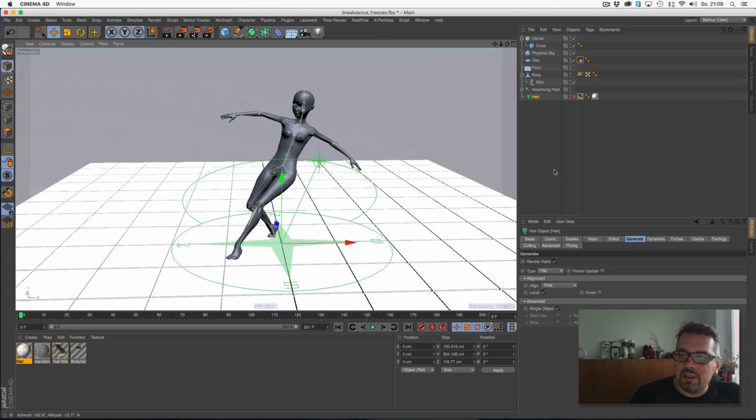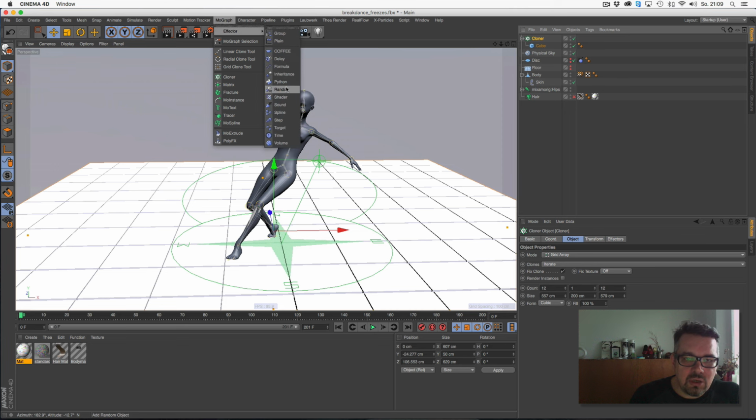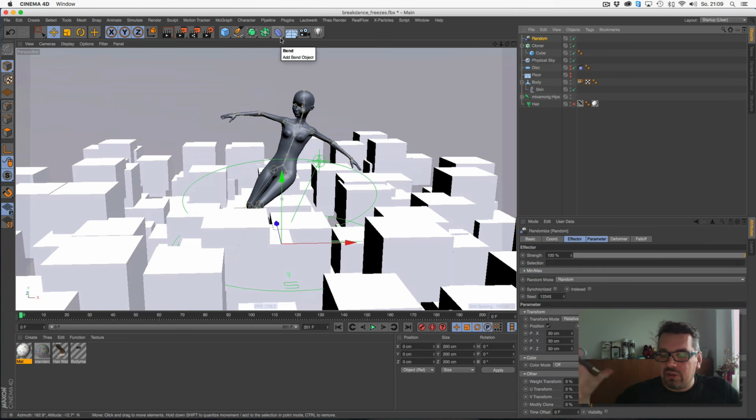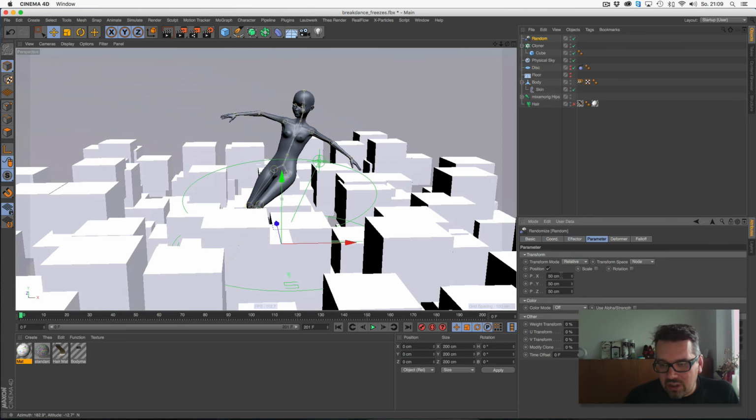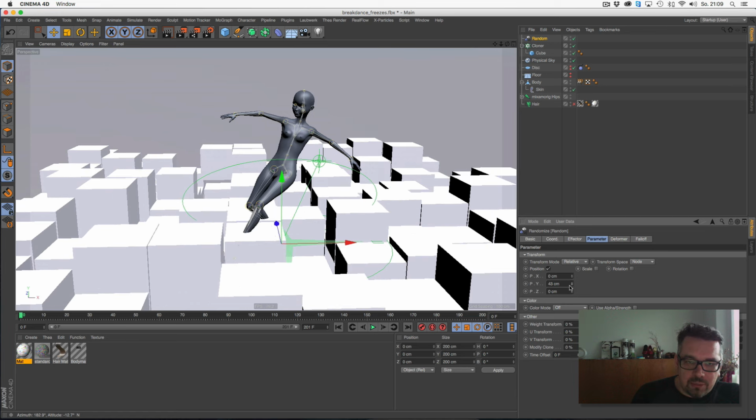Yeah, that's okay. But now we have this place made of bigger cubes and I'm giving this just a random effector. Every cube has a random position, and we just need them in the height. So I set just a value for Y, like this maybe.